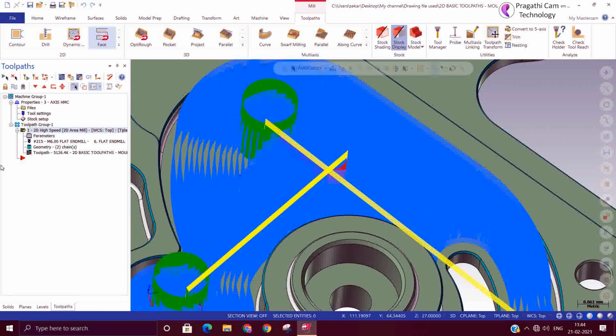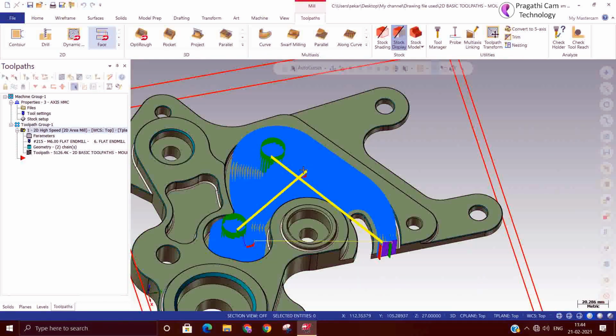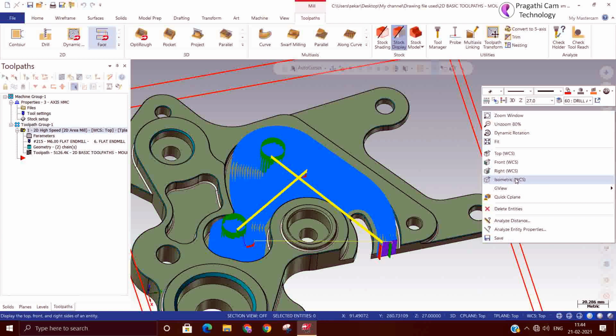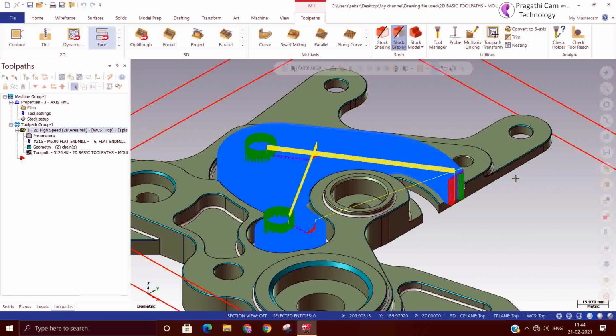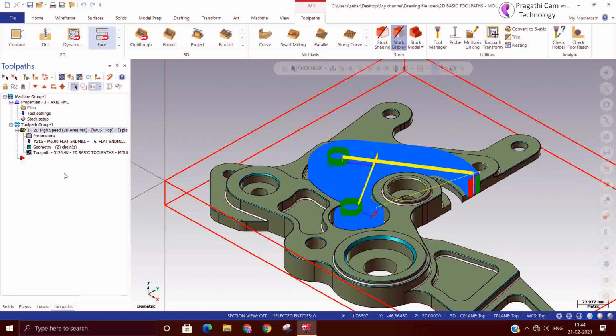So automatically it will give a smooth transition. Okay. So now we have seen two types of toolpath. One is the dynamic contour toolpath. Another is the area mill toolpath. Okay. These are the two toolpaths we have seen. Thank you.